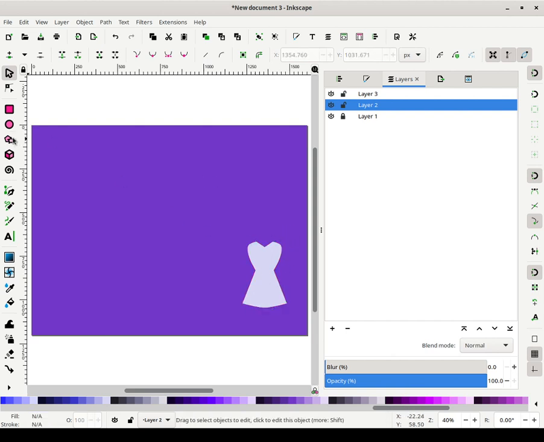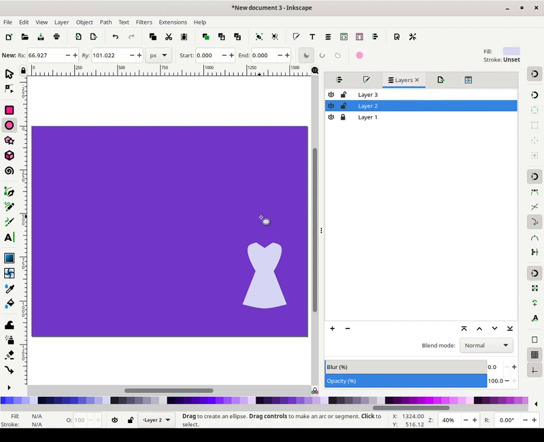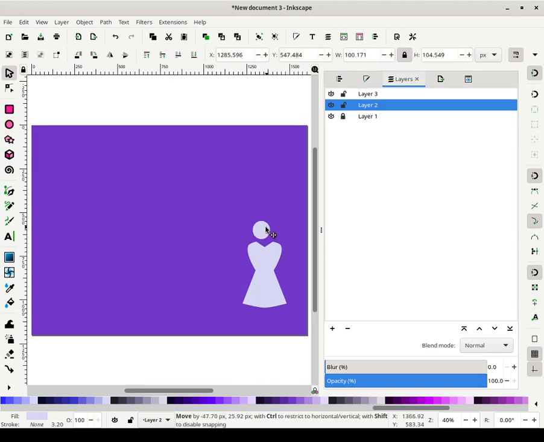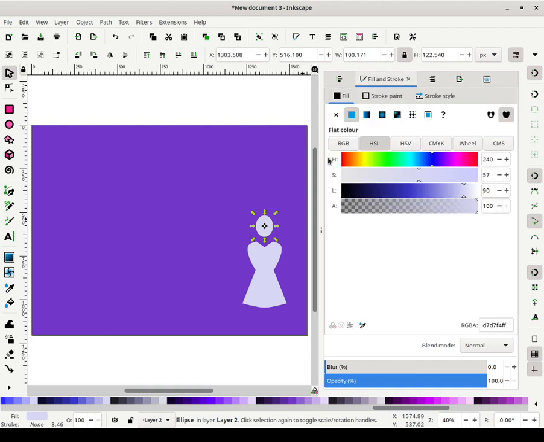Alright, so that's her dress. Now let's give her a face. Although technically she won't have a face because I was planning to do this from behind. Or should I? I don't know. If you have a different opinion, you can drop it in the chat. If you want to see a face, you can let me know. If you don't, you can also let me know.